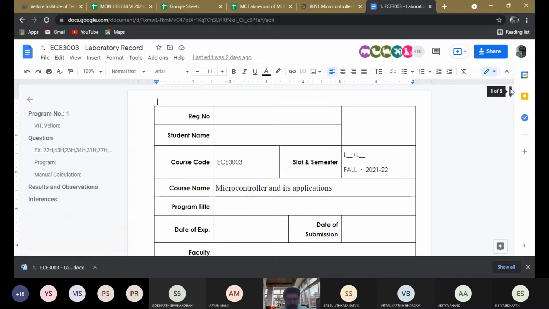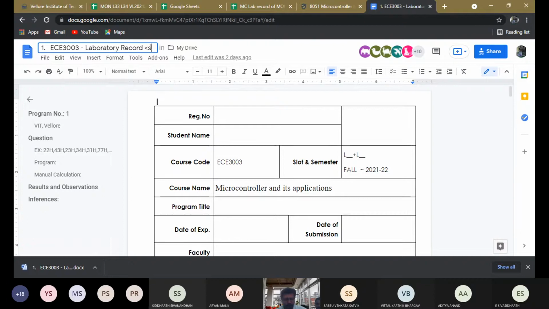Don't worry. So you are going to use this as the lab record. Everyone, label the lab record. This is a template I have given. You create your own lab record with the registration number. Task 1, ECE 3003 task 1, registration number, lab record registration number. You type it with the slot number. Okay, so always you give the thing here with your slot number.